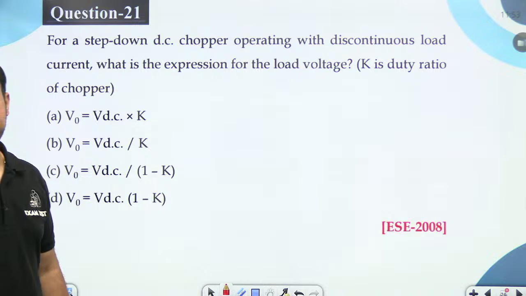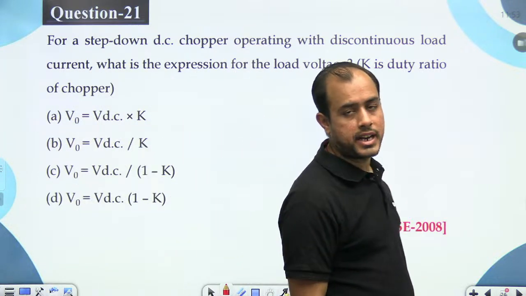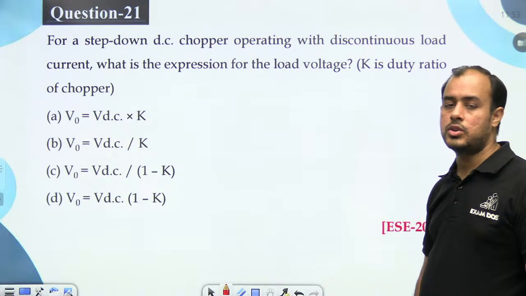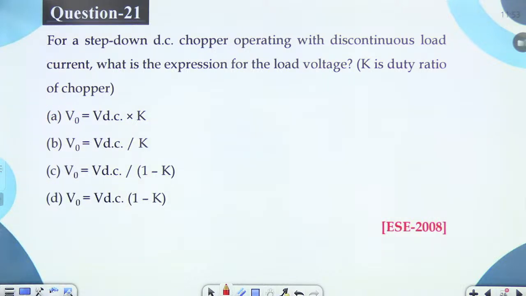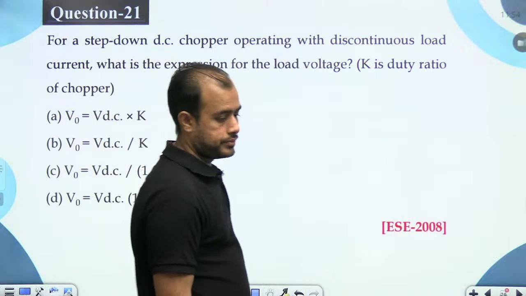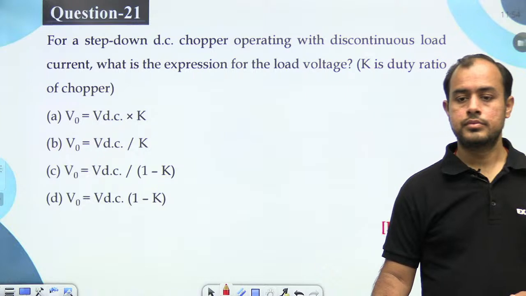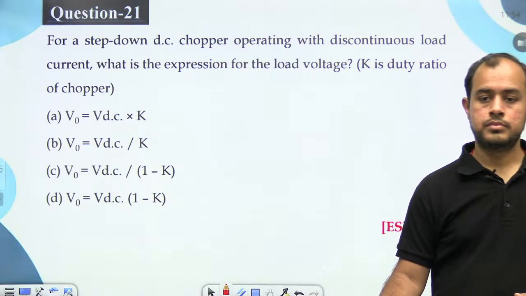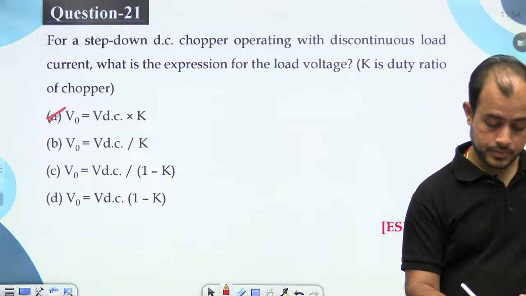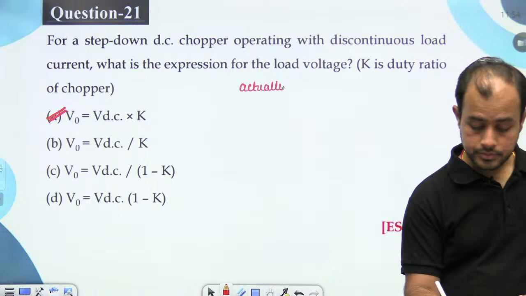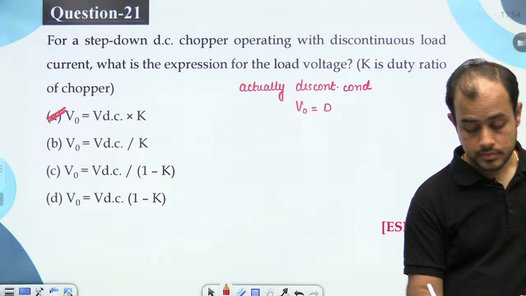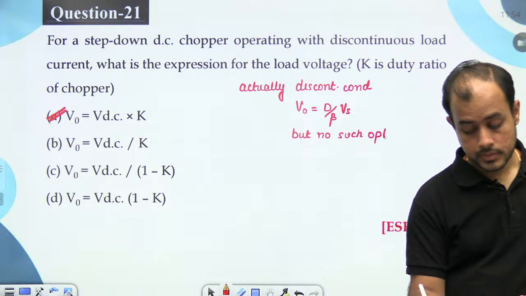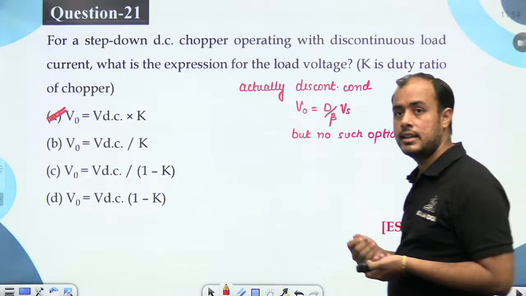For a step down DC chopper operating with discontinuous load current, what is the expression for the load voltage? Discontinuous load current, what is the expression of the load voltage? Okay, but actually discontinuous conduction में ना, but no such option, ऐसा कोई ऑप्शन नहीं है, इसीलिए अपन कंटिन्यूअस वाला चुन रहे हैं, वरना D by बीटा